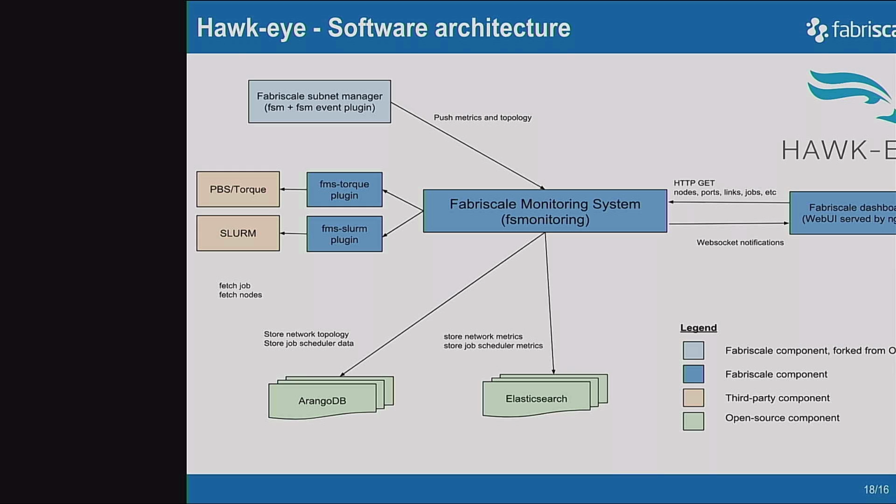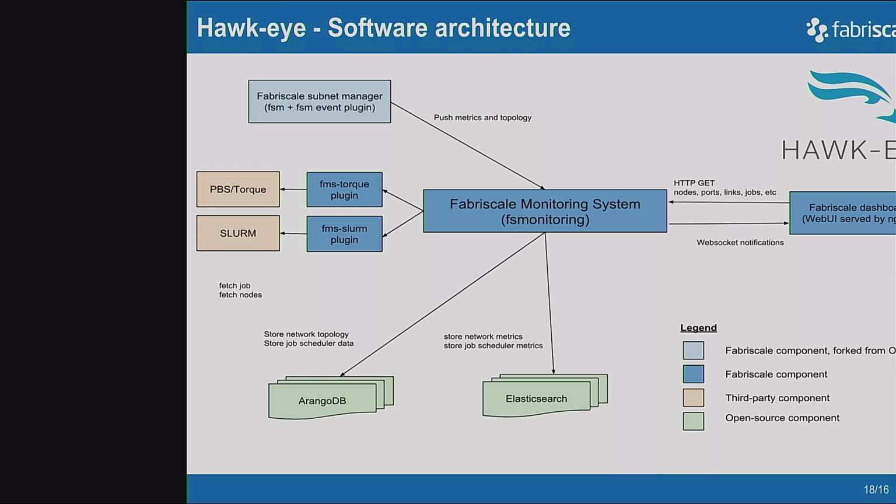All the metrics are stored in Elasticsearch, a search engine. The reason is that we would like to be able to do aggregation on those metrics. We can also run a lot of jobs on that, so that we can get analytic results from those data. We also store the topology of the network, so that we can map and get the routing tables and so on, so that we can trace the path taken from one compute node to another compute node, so that we can visualize the traffic across compute nodes